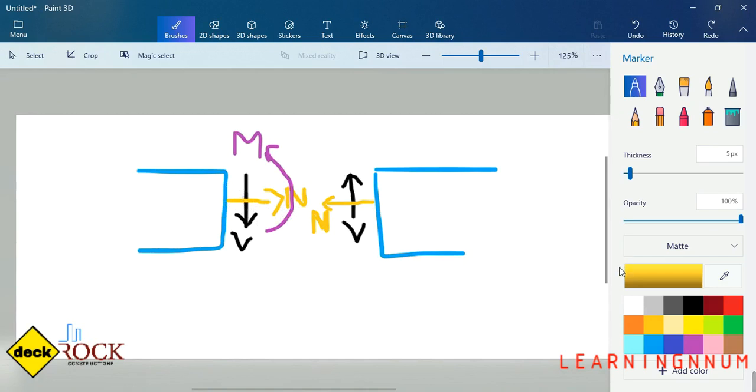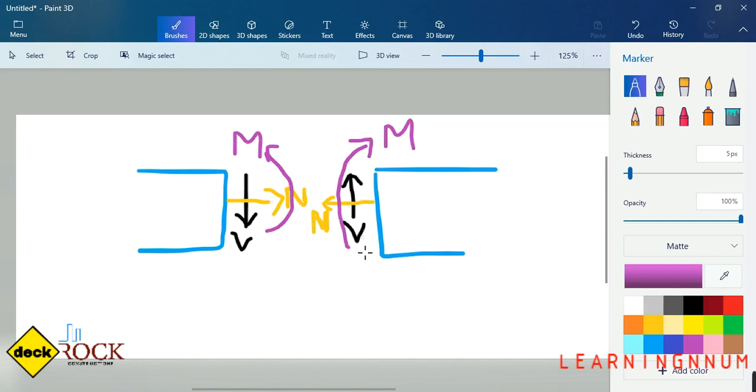So according to this cross section, if I draw in 3D, this is our cross sectional area, right? The cut section is known as the cross sectional area. This N is acting perpendicular to it, so this is normal force. Now there is a moment also, right? So the moment would act like this. So these are the positive sign conventions for shear force, bending moment and normal force.